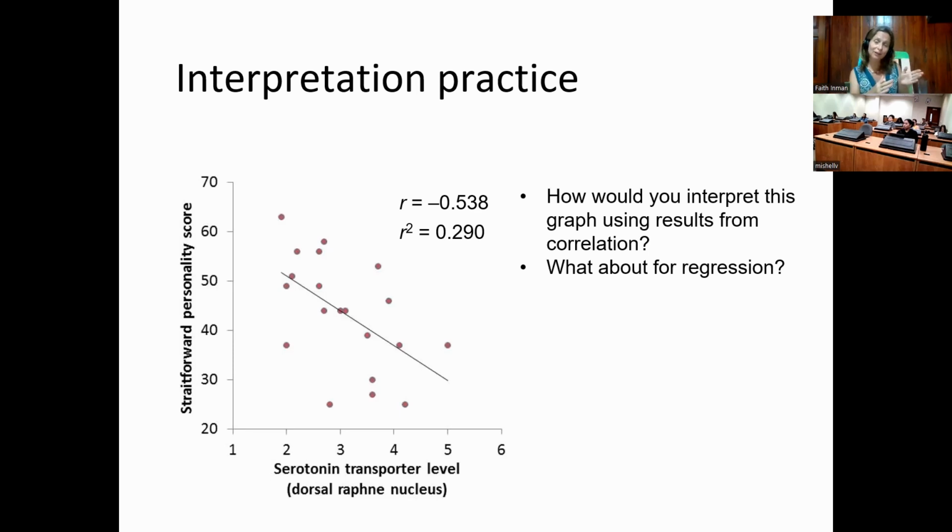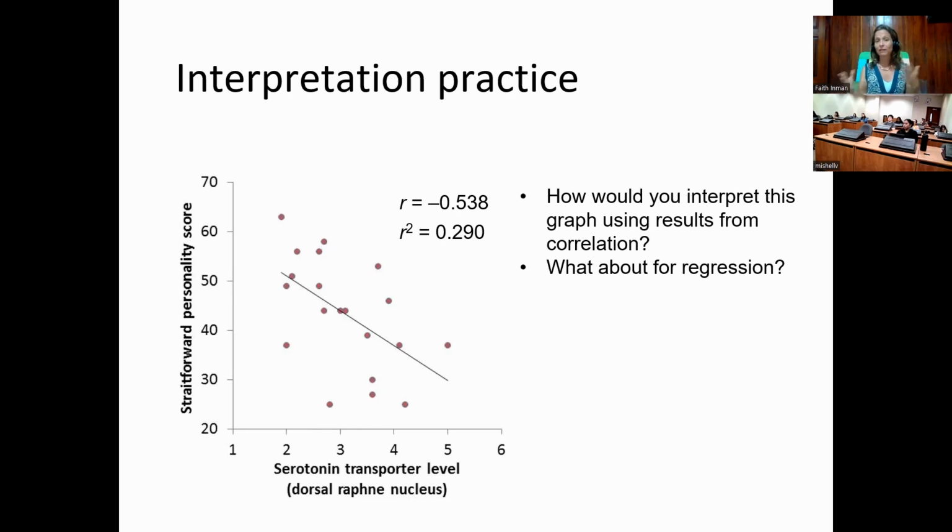But if you look at the graph, you can see, oh, that's a negative relationship. And you can see the amount of scatter. So even without the correlation coefficient, you get an idea that it's a moderate negative relationship. Although having that correlation coefficient sure is handy. Also, the slope would be negative. So if you have the slope equation, you would know that it's a negative relationship. And you could say